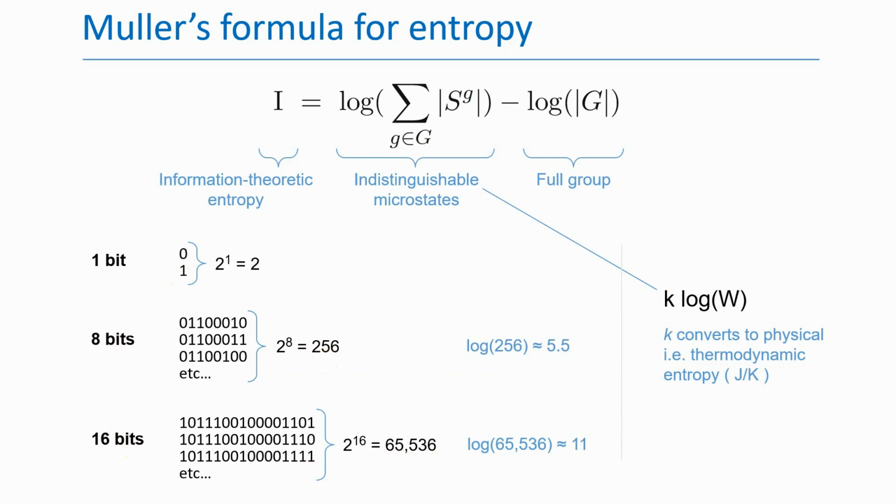A more natural thing to count is not the number of states directly, but rather the number of bits. In this view, the second set of 8 bits carries the same amount of information as the first set of 8. Apart from a scale factor, counting bits is equivalent to taking the logarithm of the number of states. 8 bits has about 5.5 units of information entropy, and 16 bits has around 11 units. Generators of a group are similar to bits in the sense that as more generators are added linearly, the size of the group increases exponentially.